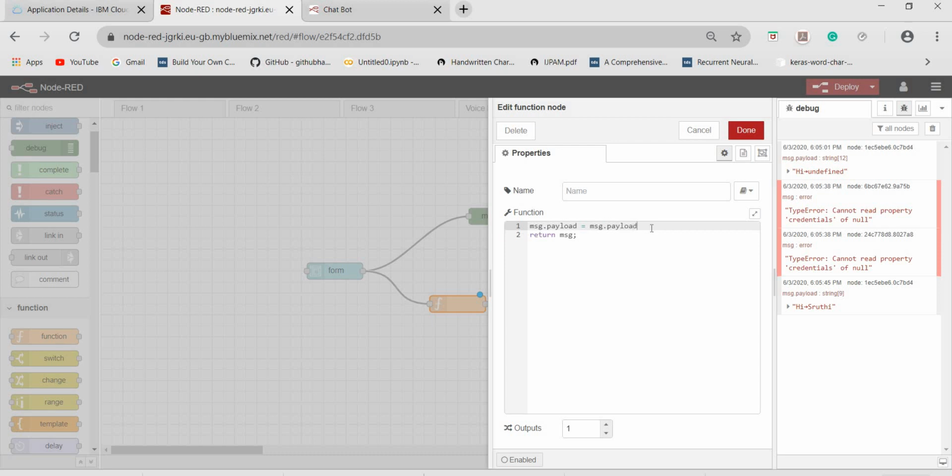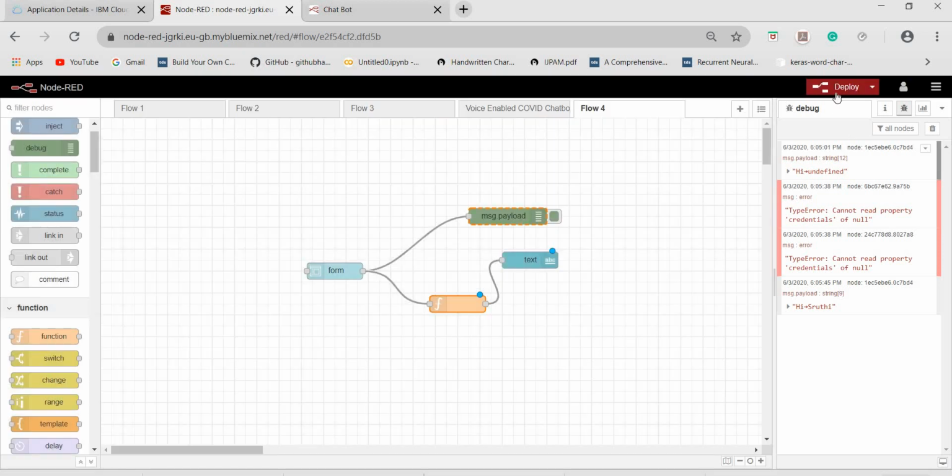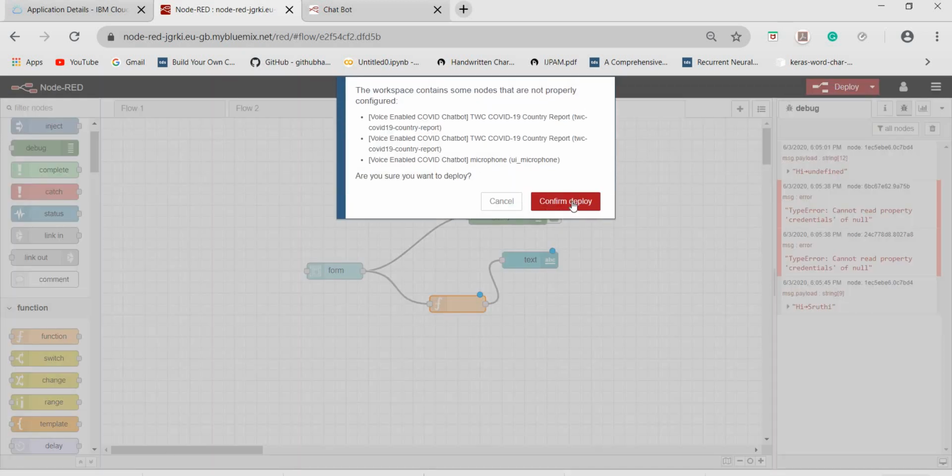Message.payload and in square brackets give the form element name, and then done, and then click on deploy.